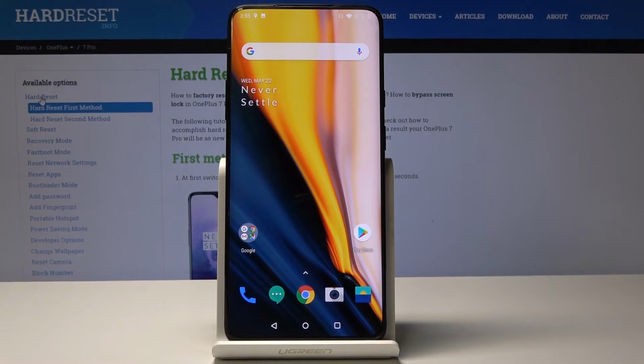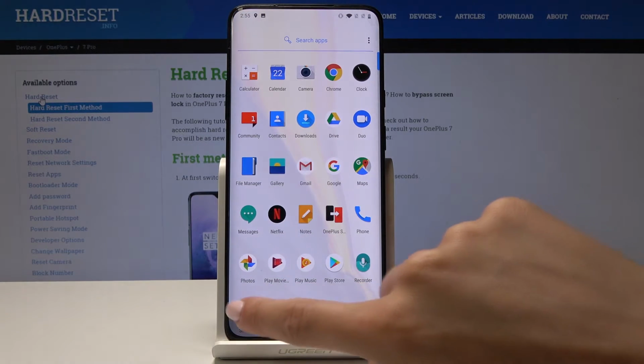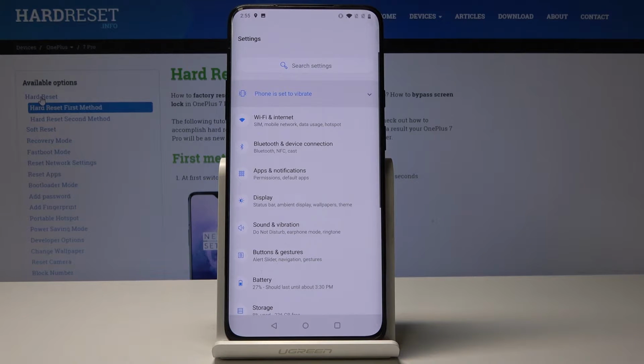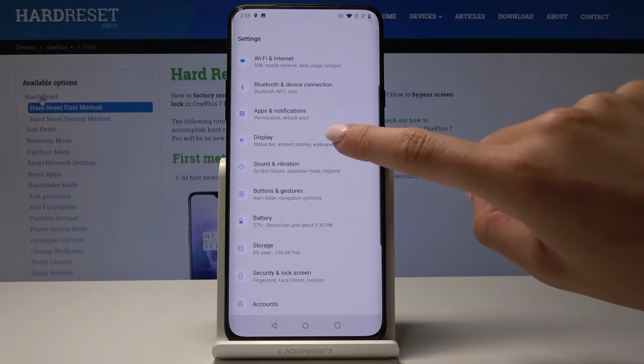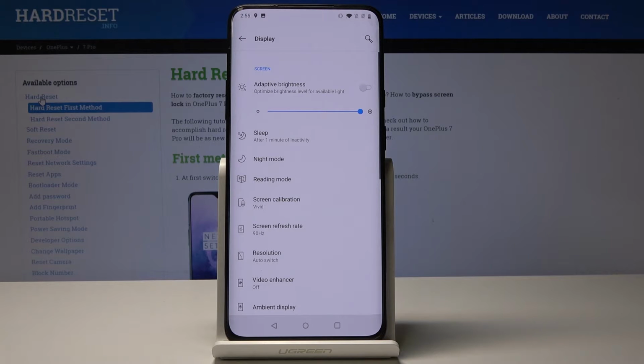Here I've got OnePlus 7 Pro, and let me show you how to set up colors on the following device. So at first, open the list of all applications, then find and select the settings. Here you should go to display, so it's under apps and notifications, and at first you can change the brightness